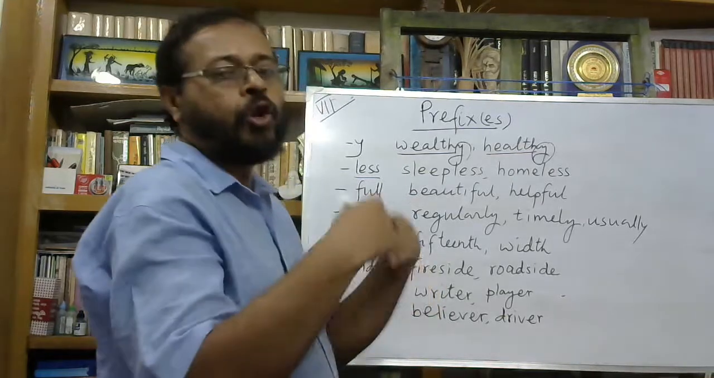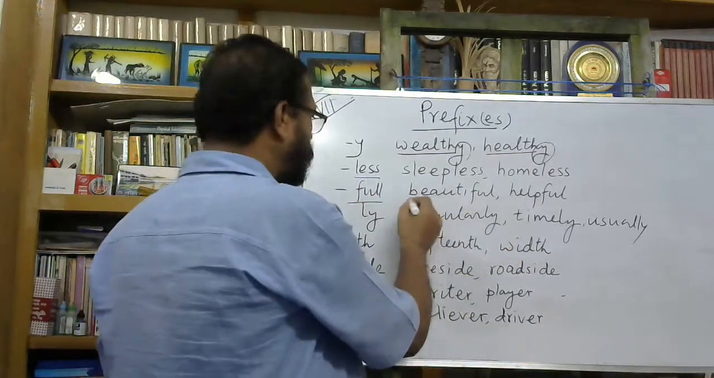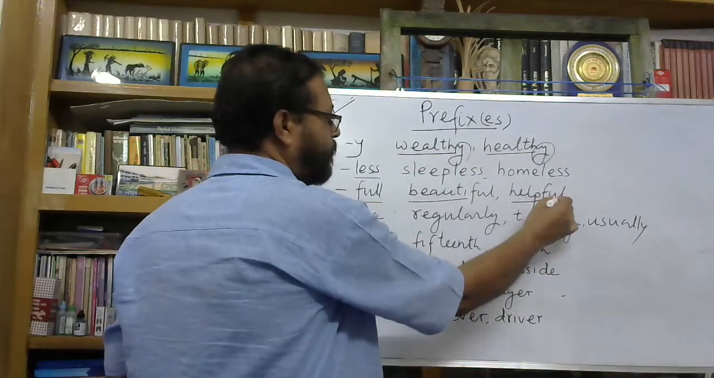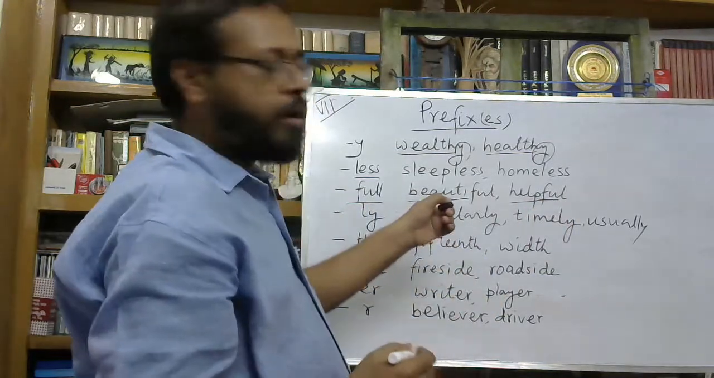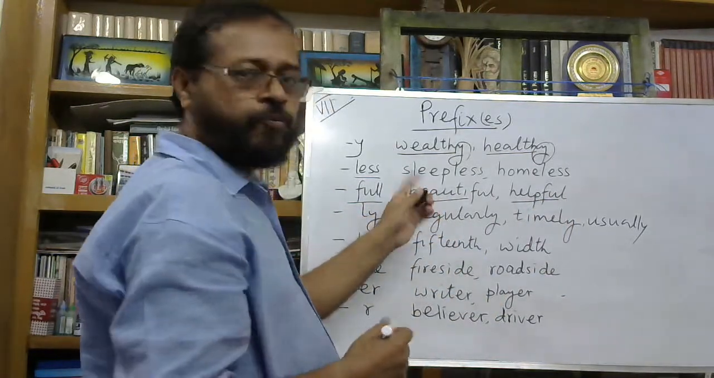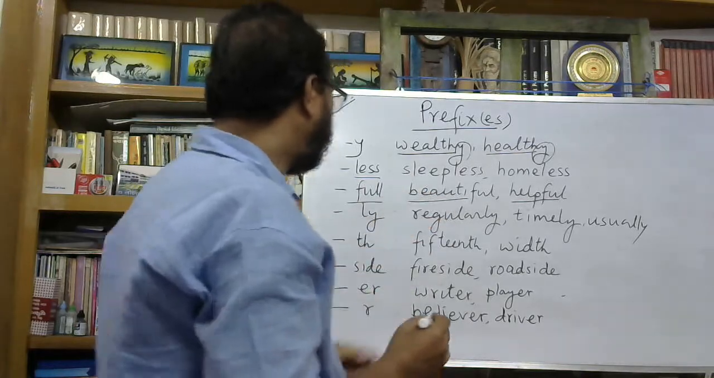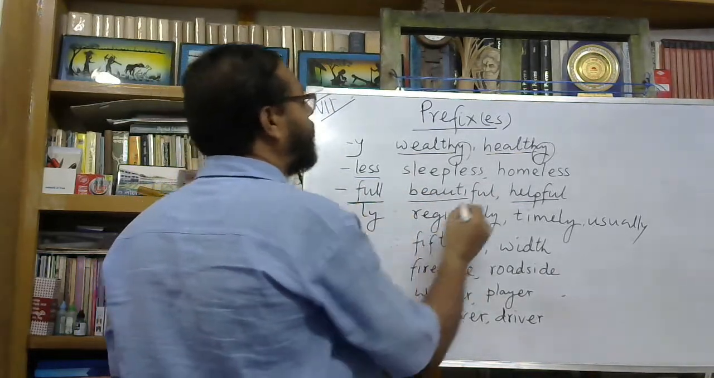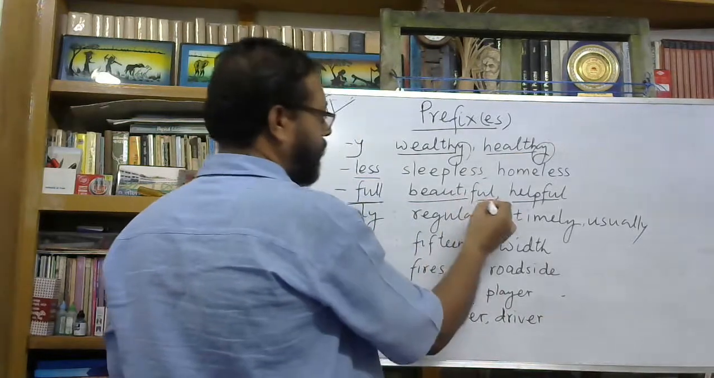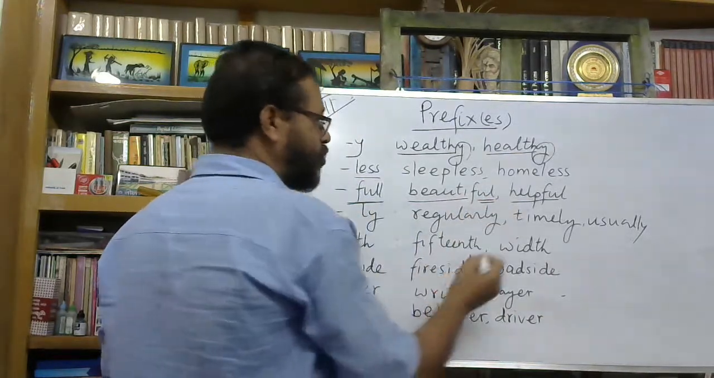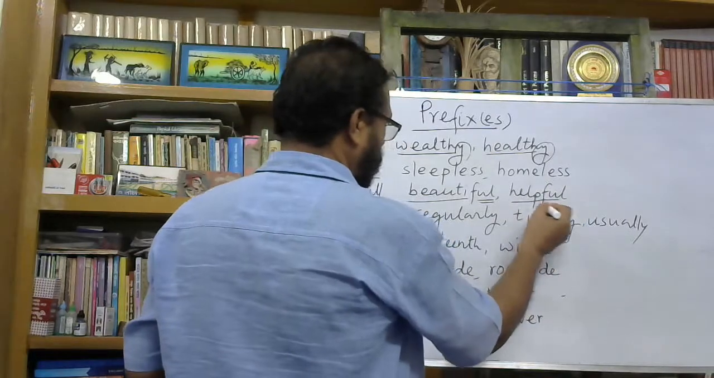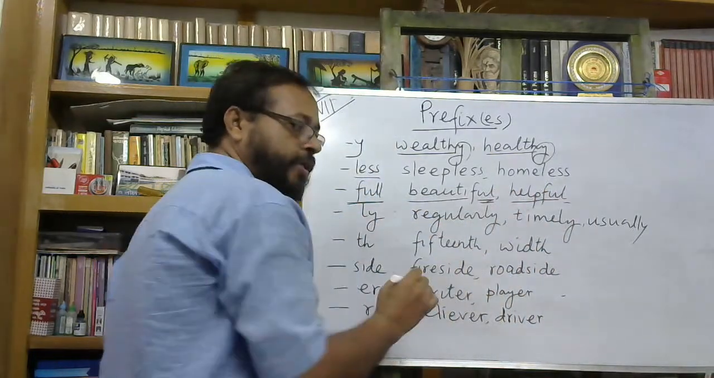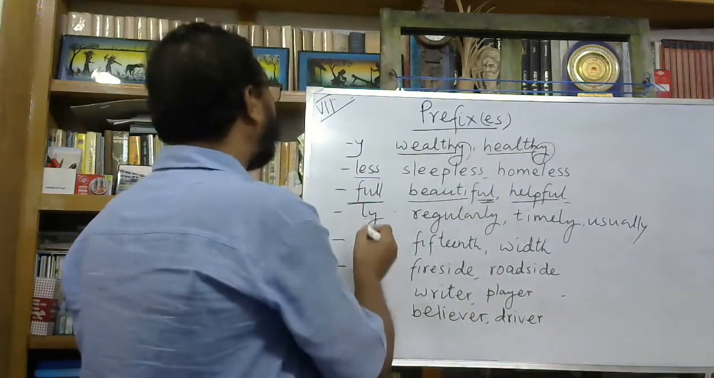Full means full of: beautiful, helpful, boastful, grateful. There are so many. Now look here, a few have a double L, but when it is added to a root word, one L is dropped. Helpful, beautiful, we are using one L, this is noticeable. Then ly,